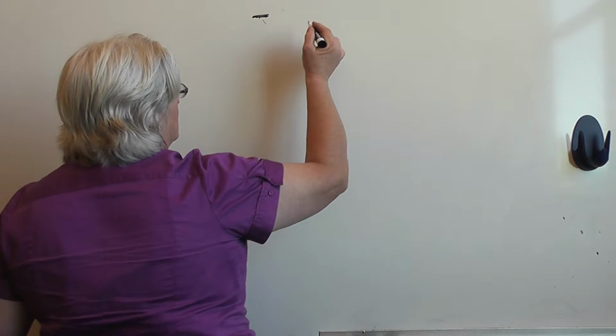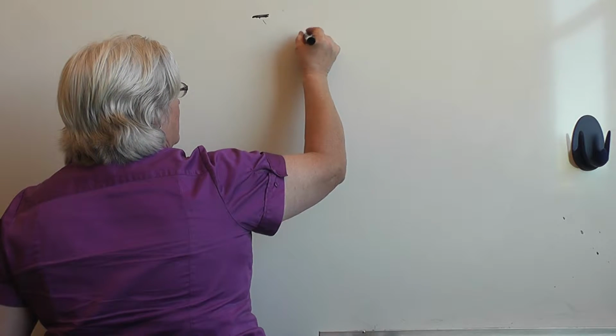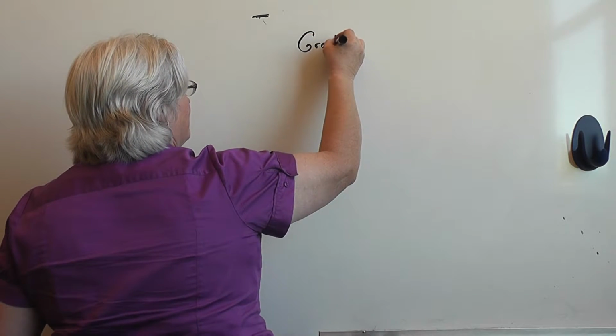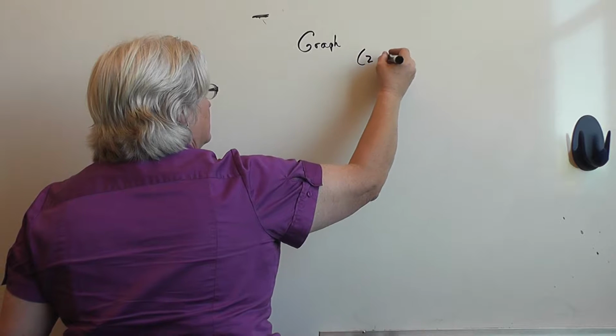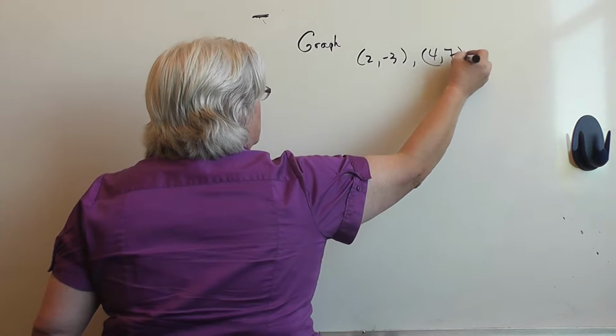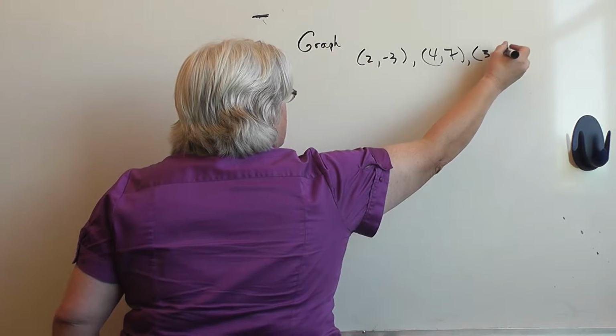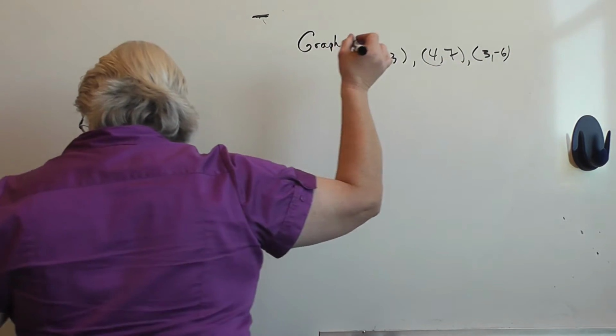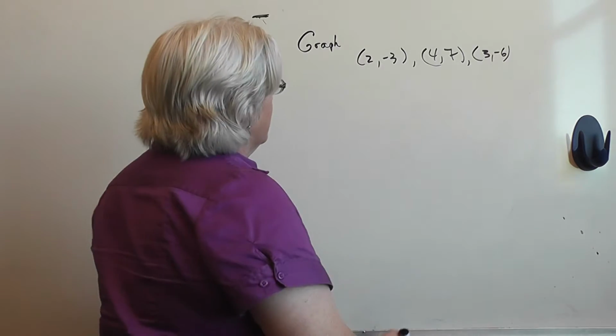So let's look at this little bit of information here. Now I'm not even going to do example number 1, but if you're told to graph these points, 2, -3, 4, 7, and 3, -6,